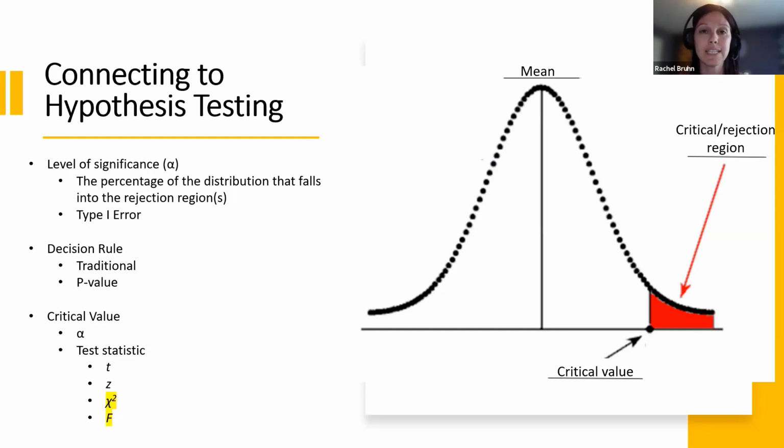So when I run the t-test, what I'm looking for is a difference between groups. Usually I'm comparing two different groups. So for example, if I wanted to compare IQ based on gender, and so I had a group of males and I had a group of females, and I wanted to determine if IQ is significantly different based on which group you're in. And so I'm going to run the t-test.